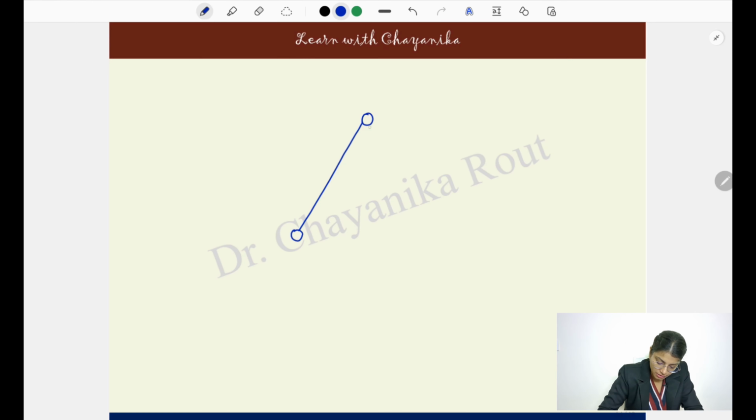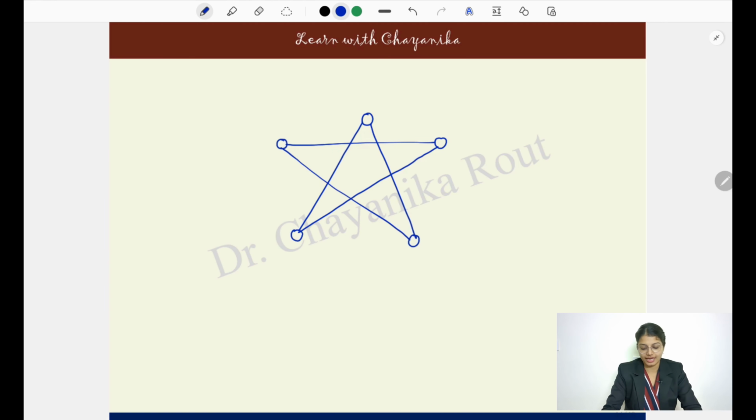So first draw this figure. Draw this figure and please don't mention it as a star, because in graph theory we are going to learn a concept called star graph, and this particular figure does not satisfy the condition of star graph. So make it a habit to not call this a star. So draw this structure, and then from every corner,